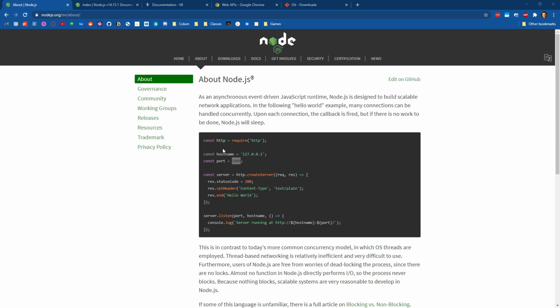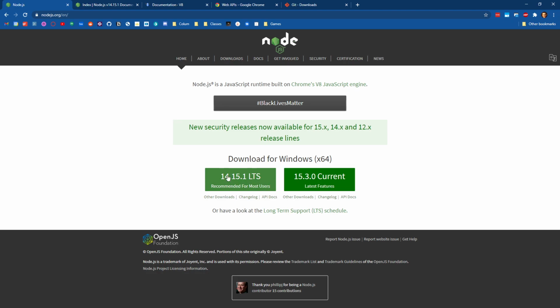Okay, a couple of setup things that we want to do before we jump into this, which everyone should probably have done at this point in the first code sprint, but we're going to run through it again here. So I want you to grab the latest version of Node and install it. So you should have